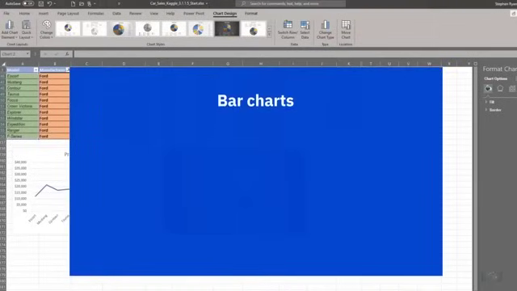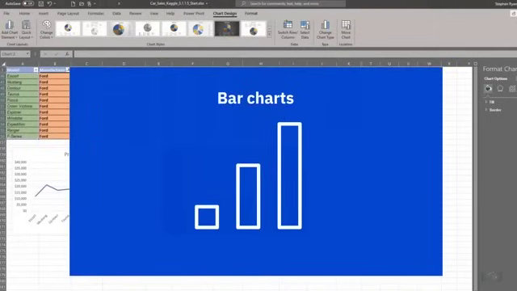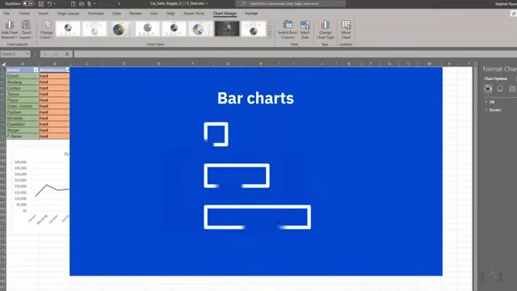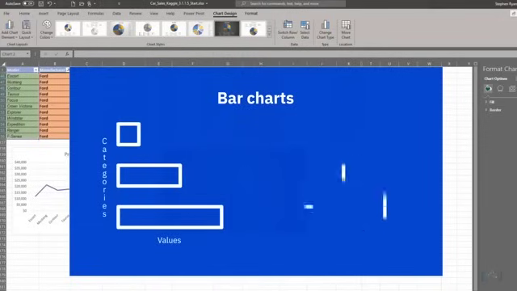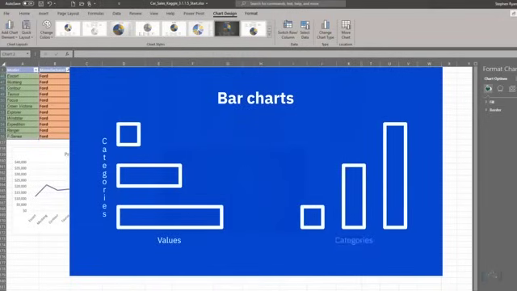Lastly, let's have a look at bar charts. A bar chart is a type of graph used to compare values across categories, either using vertical bars or horizontal bars in the case of column charts, which are a variety of bar charts. In a bar chart, the categories are usually arranged on the vertical axis, and the values are on the horizontal axis. Whereas in a column chart, the categories are typically arranged on the horizontal axis and the values are displayed